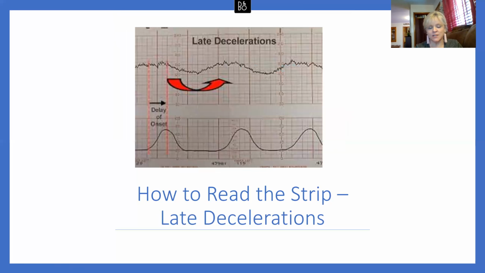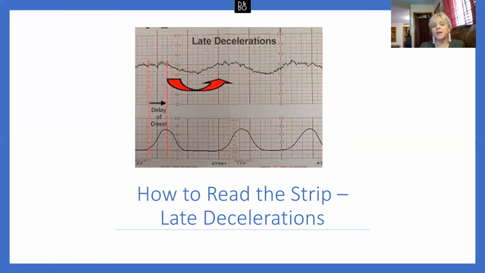Now, late decelerations, on the other hand, are bad news. An early deceleration and a late deceleration can look kind of the same, but the difference is when they happen. An early deceleration happens at the same time as the contraction, but a late deceleration, like the ones that we see here on the strip, happens right after the peak of the contraction. You can see here's the peak of the contraction, and after the peak we have the fetal heart rate decreasing gradually. The cause of late decelerations is usually placental insufficiency, which can be caused by a number